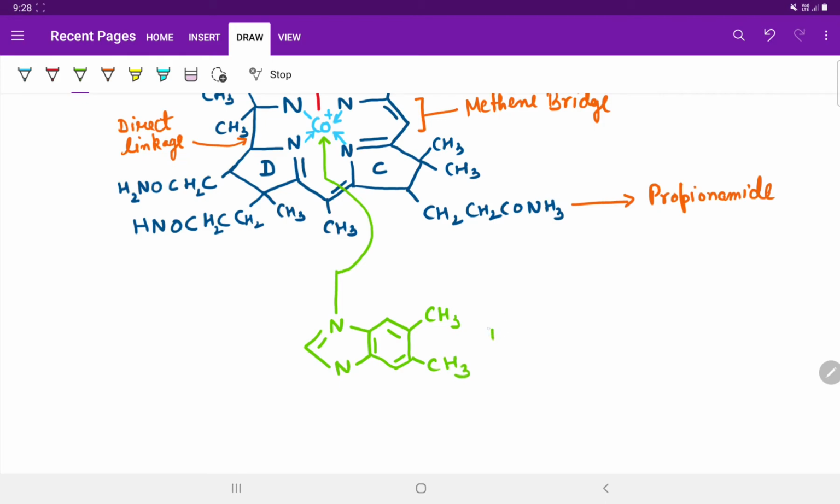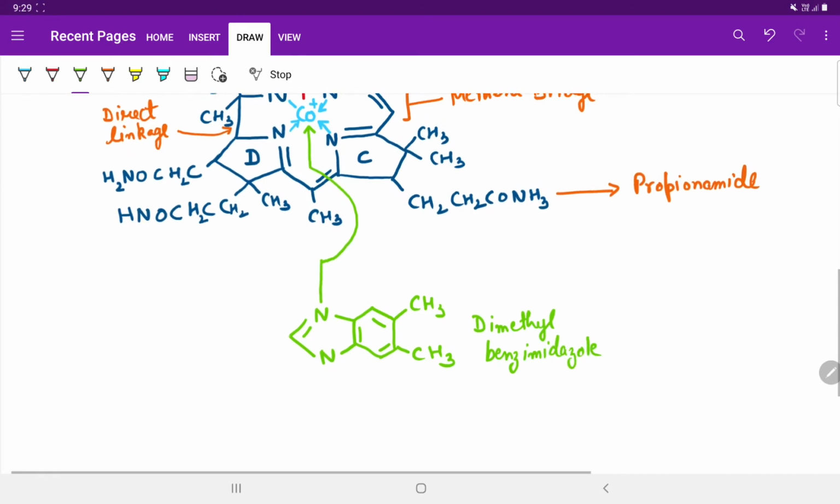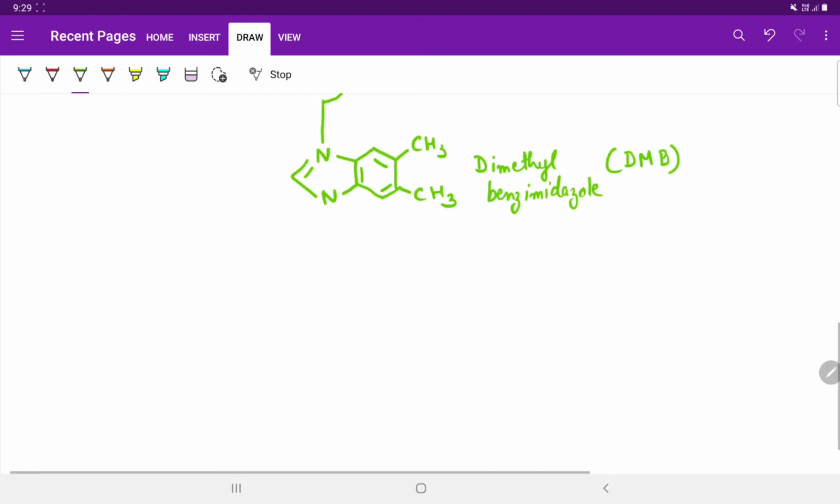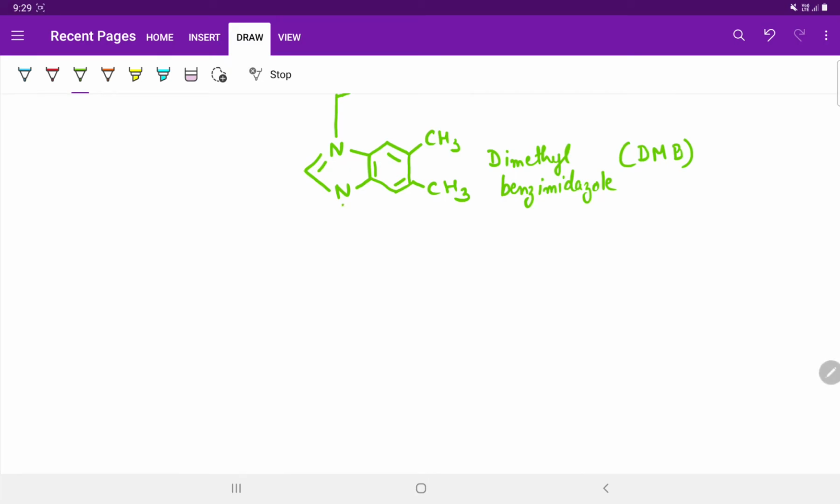So students, this is dimethyl benzimidazole, also sometimes referred to as DMB. So don't get confused if you see the term DMB in cyanocobalamin. Now this dimethyl benzimidazole is further attached to a ribose 5-phosphate sugar,